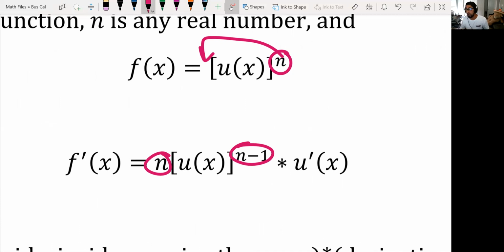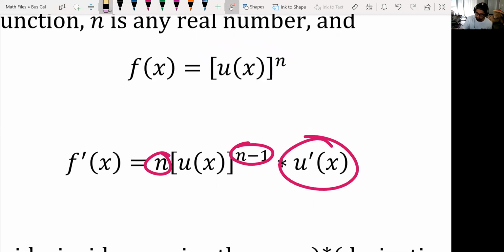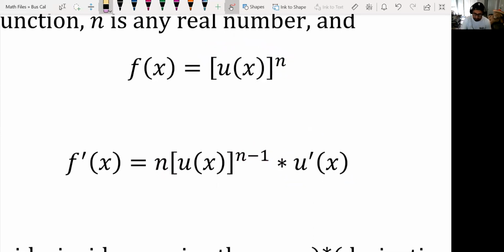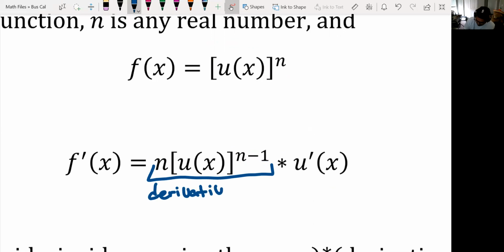And here's the chain rule part. So you must multiply it by the derivative of the inside function, u prime of x. That's it. So what we can say to make chain rule really easy is, this is the derivative of the outside function. Derivative of outside. And once you take the derivative of the outside function, you will multiply it by the derivative